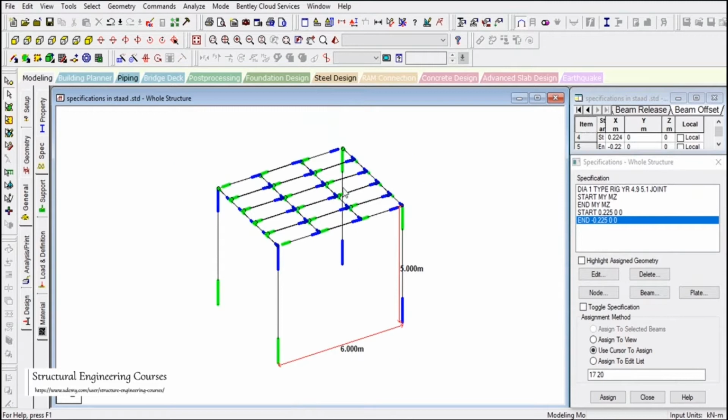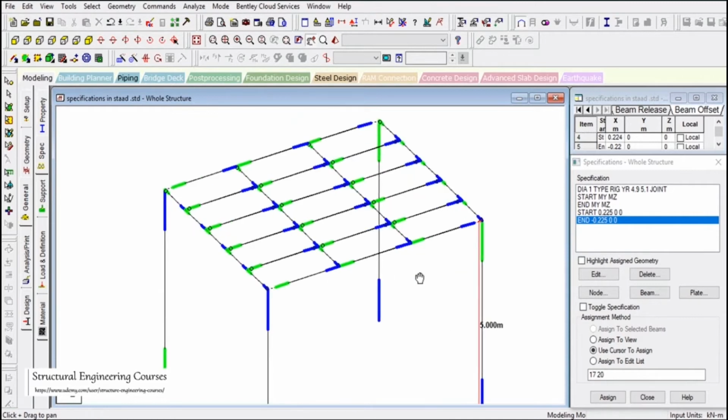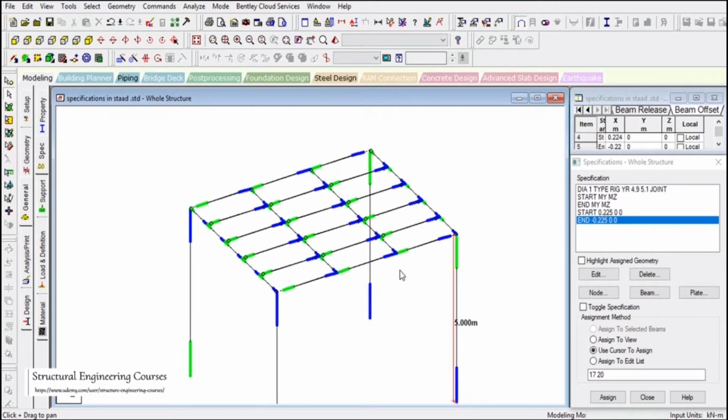So now we have studied what exactly is the importance of this offset command. If we want to fine tune our bending moment and shear force results, then we need to do these offset command specifications. And similarly, one more thing that I would like to add here, you can press Shift plus E on the keyboard